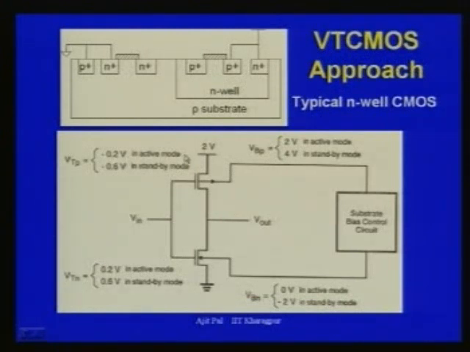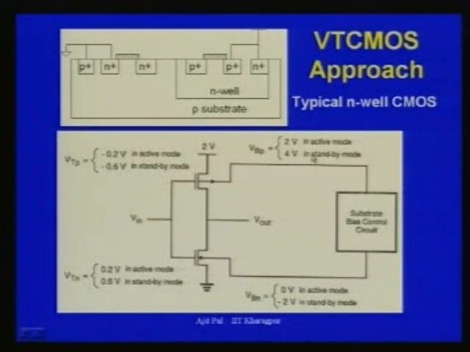So, you get high performance. Then when we go to standby mode, you apply a voltage of 4 volt to the substrate, and the threshold voltage increases from 0.2 to 0.6, and as a consequence